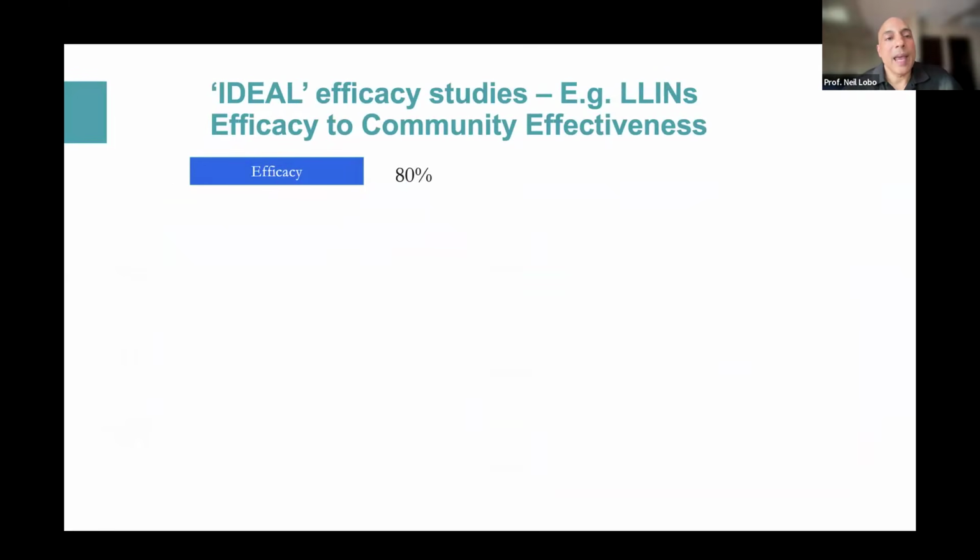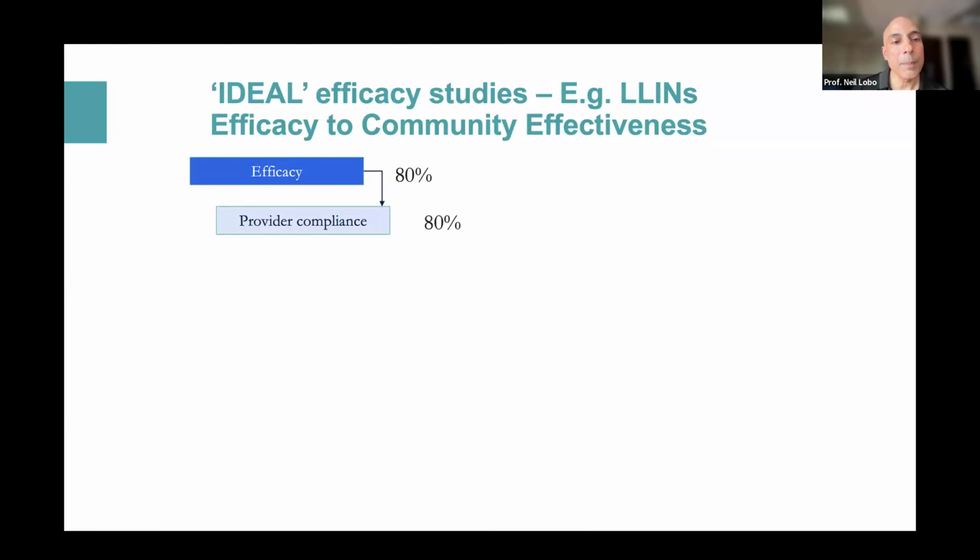So ideally, when we look at efficacy studies, for example, bed nets: if we do an efficacy study under ideal situations, how does my intervention work? This is how all the WHO-based huge randomized controlled trials are based. The scientific studies, the research studies, are based on efficacy. So let's say a bed net has 80% efficacy in reducing malaria. Now, when we take these bed nets and actually put them into a programmatic setting, when we implement bed nets, this is what actually happens.